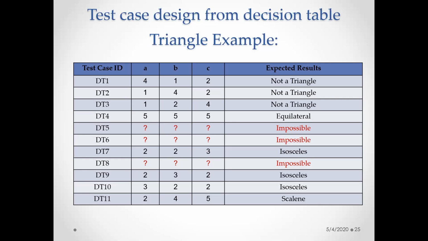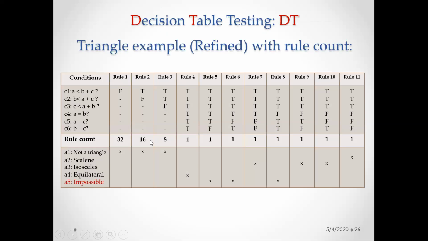Is that clear? Whereas with respect to your boundary value analysis, there is a small change. No need to have all the flavors. Only one flavor is more than enough to check. That is normal boundary value analysis, or weak robust boundary value analysis, weak normal boundary value analysis, or the last one is robust boundary value analysis. So anything you can just go with. So that's what it is. Next, we'll just see. This is the rule count that they have given. Why is it that?